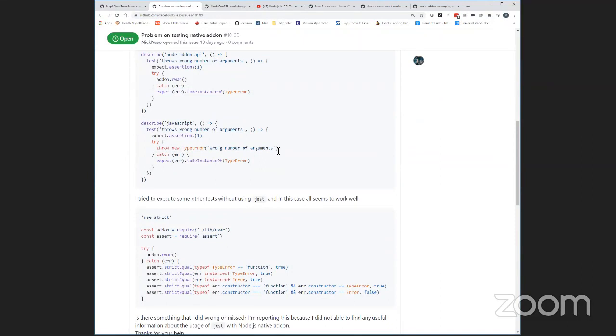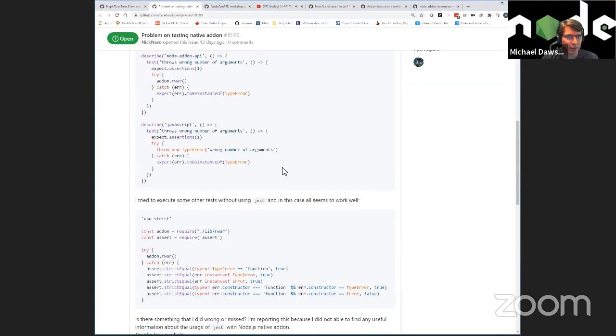Maybe what I discovered, but I need to investigate a lot, is that the prototype chain is different if you use TypeError on your own or with Jest. This could be a difference, but I need to investigate more.